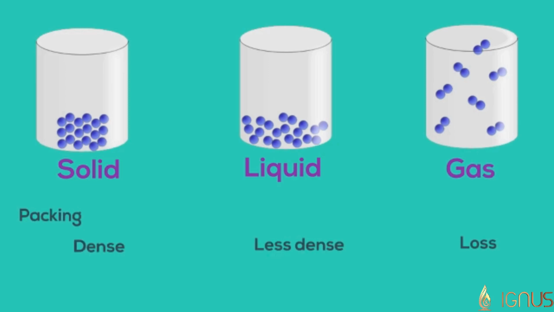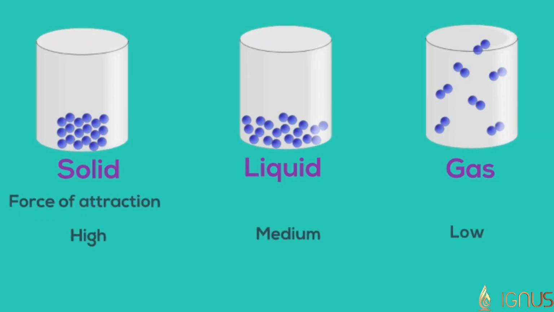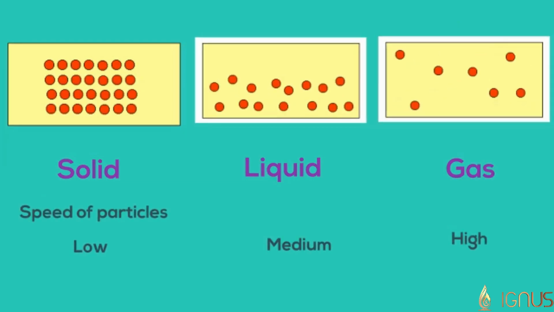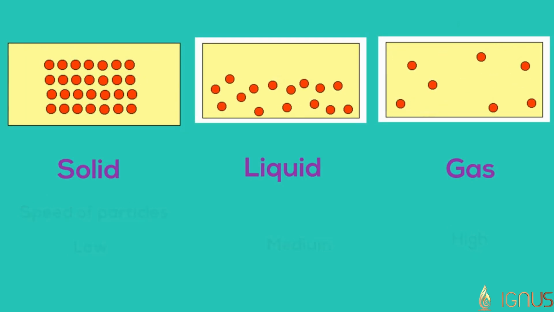None of these particles are static, they keep moving. In solids, the particles vibrate. Even if you take a solid like an iron rod, you may not feel it, but all its particles will be vibrating all the time. In case of liquids, the particles move over one another. In case of gases, particles move really fast around the whole container. Kinetic energy is the energy associated with motion. Since particles of gas move faster, they have higher kinetic energy. Particles of a liquid which move slower have a little less kinetic energy, and particles of a solid which just vibrate